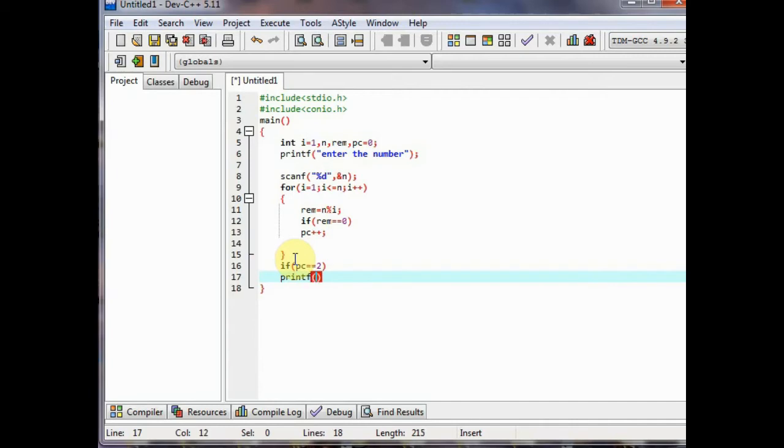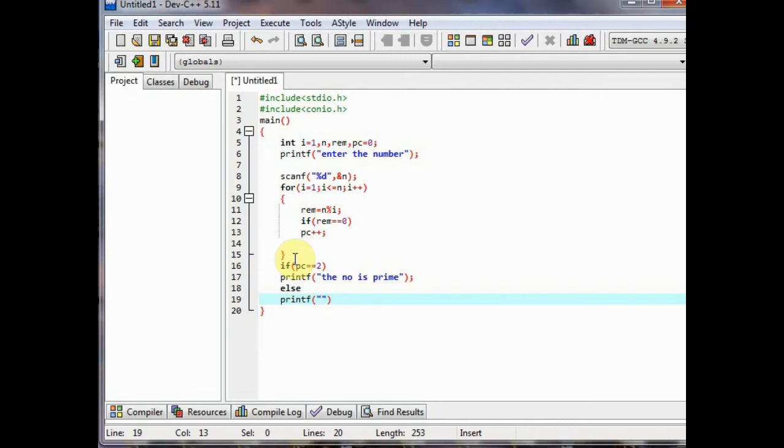If rem equal to 0, then it will increment the value of pc, pc plus plus, means pc plus 1. Here the initial value of pc is declared 0, so the value of pc will be 0 plus 1, that is now pc equal to 1.